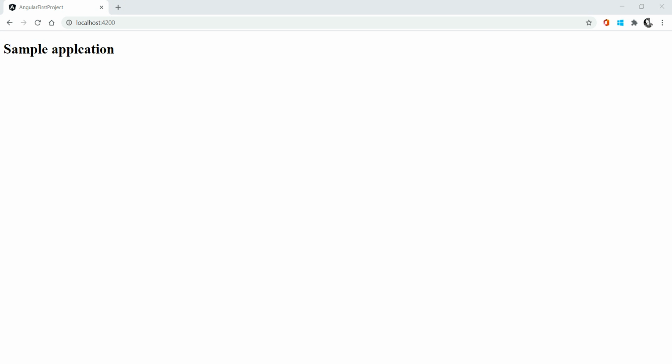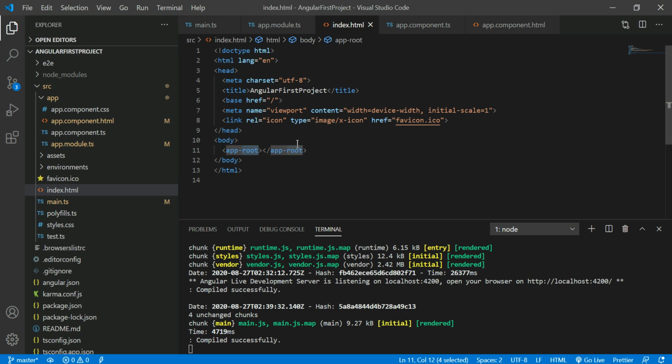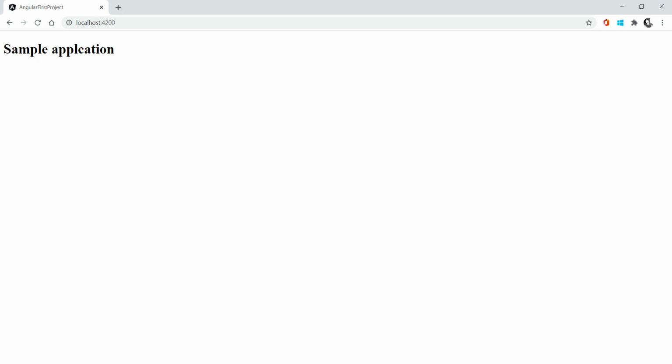Okay, so as per now, you are doing the app root here, but the browser cannot understand this app root, right? It should be converted into some different elements. And I said that whatever the Angular element is, it cannot be understood. So the browser cannot understand Angular. It can understand the JS file only.